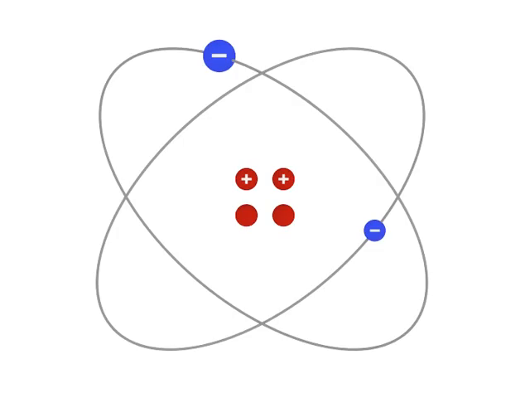All matter is made up of atoms. At the center of the atom is the nucleus, which contains positively charged protons. Also found in the nucleus are neutrons, which have no charge. Orbiting the nucleus are the negatively charged electrons. Electrons are held in orbit around the nucleus because their negative charge is attracted to the positive charge of the